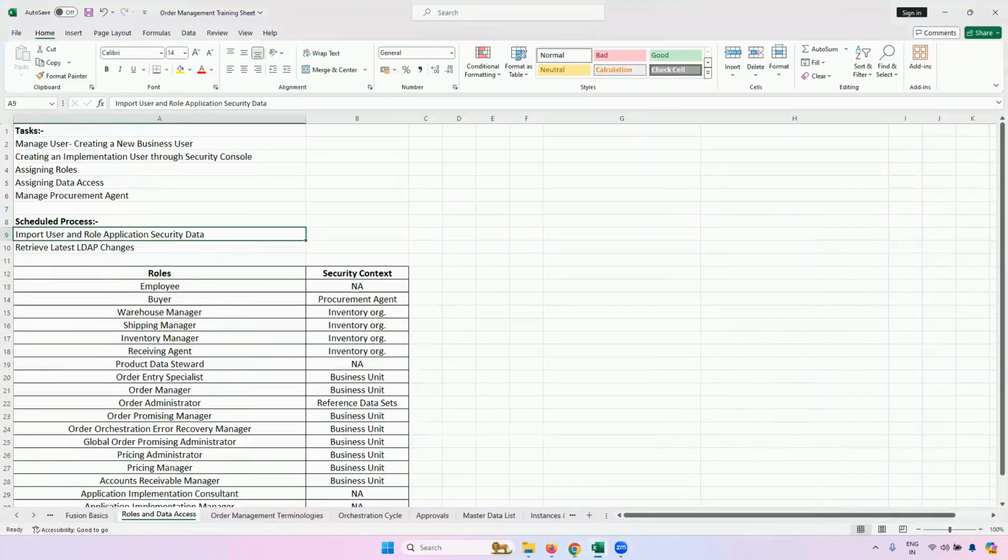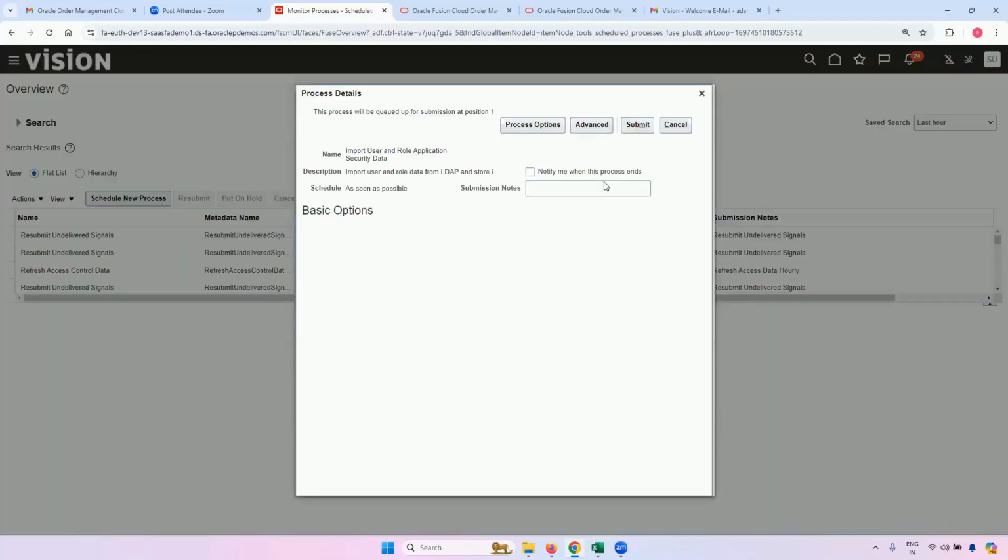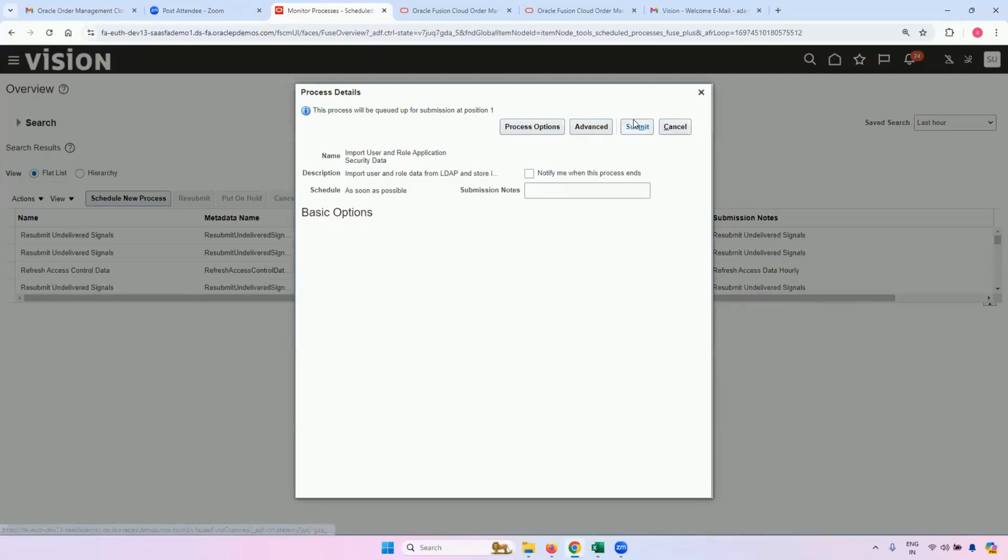Now, which is the process you need to run? This one. Just copy it and paste it over here. Give a tab and the description should come below. Yeah, import user and role data from LDAP and store in application security tables. So click on OK. You don't have to give anything. Just click on submit.